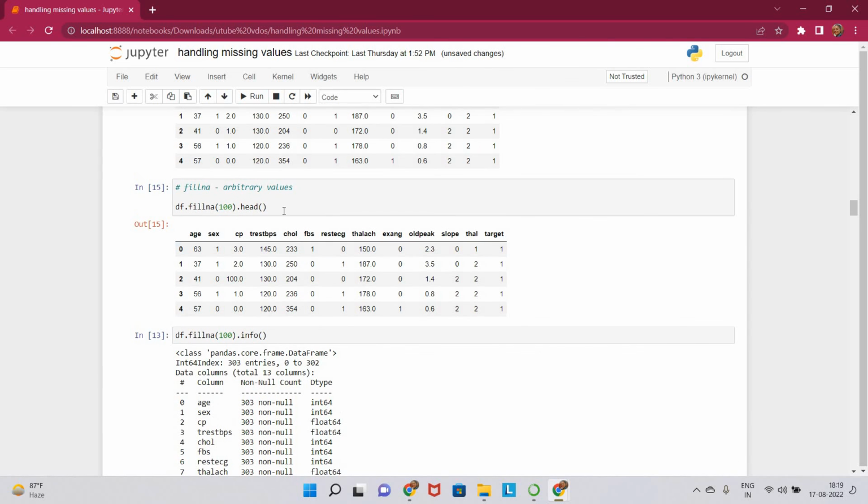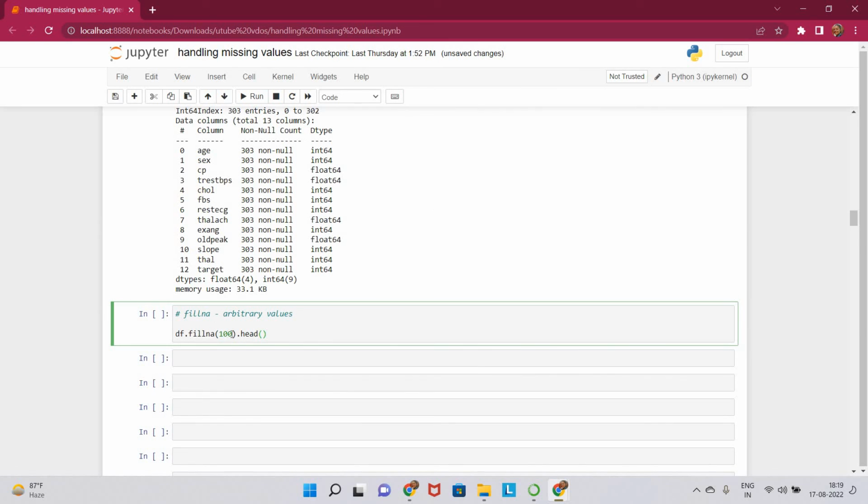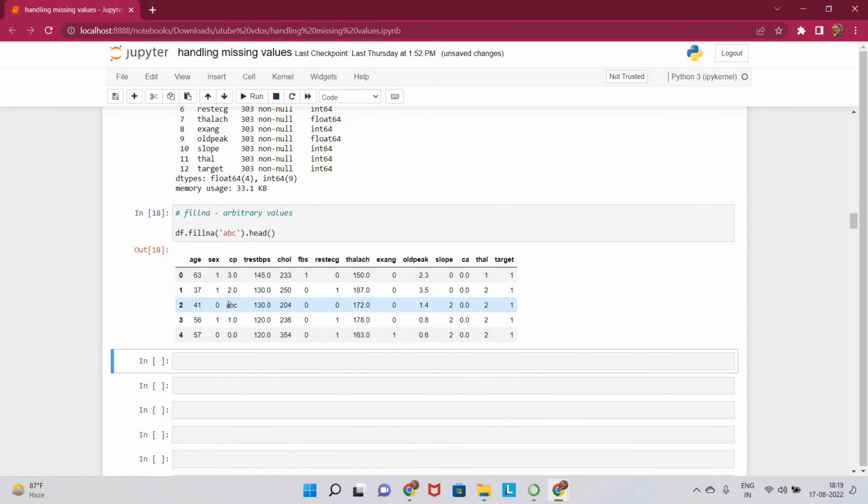So now let's say we want to replace the missing values with the string called ABC. So the missing value will be replaced by ABC, or any arbitrary string value or any particular number that you want, any value actually. You can also replace the missing values with the mean or median or mode of a particular column as well. Instead of applying this particular function on the entire data frame, we can also apply it